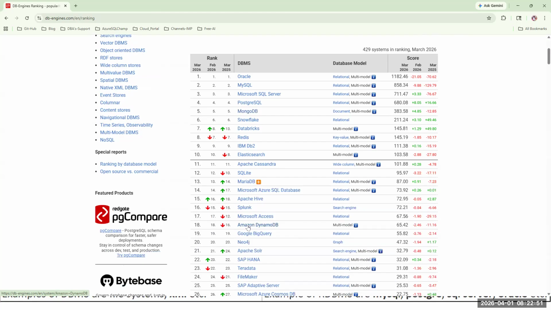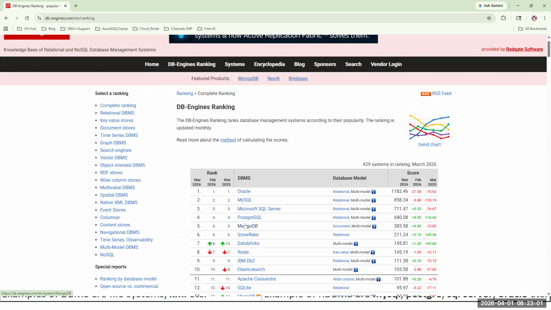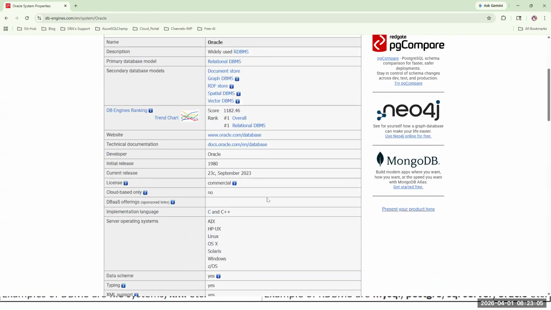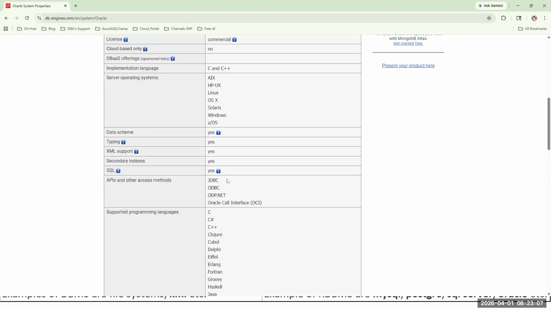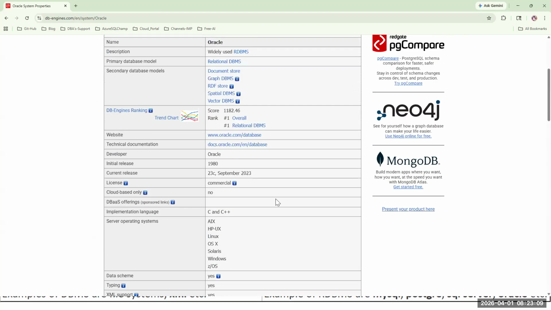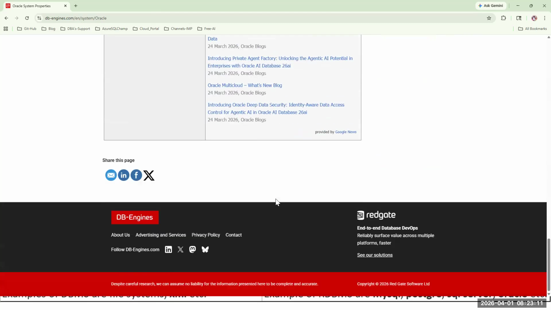I hope everyone is clear on this. What sort of data you are going to store, based on that you will choose your database management system. If I click here, I will get a little more information, like what languages it supports, what sort of data it stores, what sort of features.